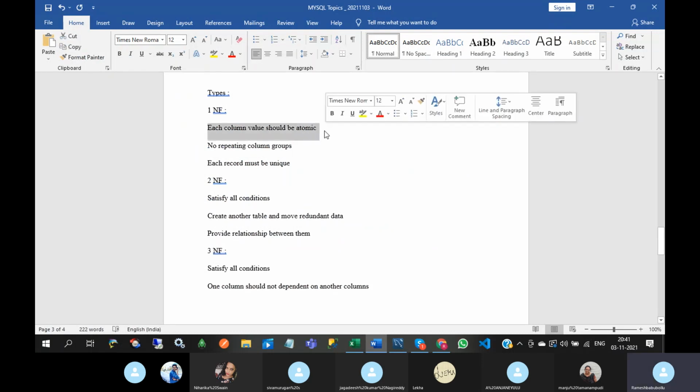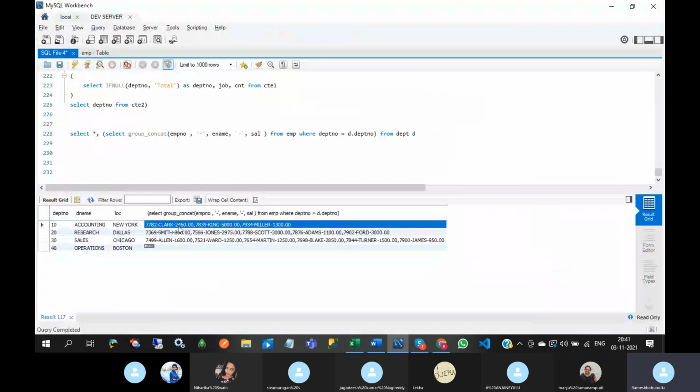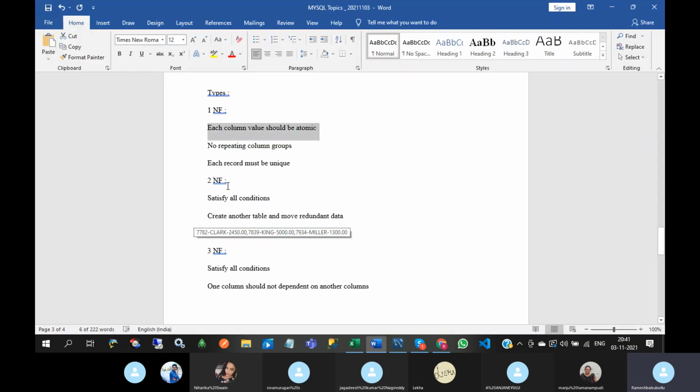In first normal form, the first rule is each column value should be atomic. That means there are no comma separated values in the column values. That is the first rule. And no repeating column groups.